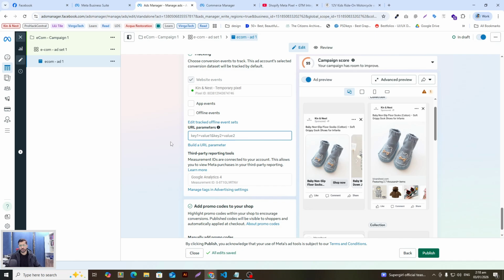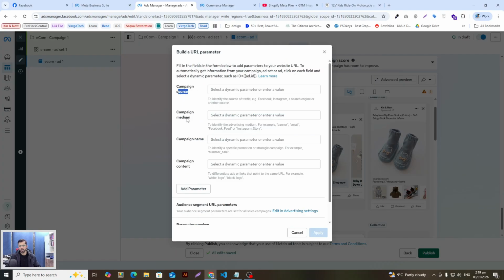Now for tracking parameters, it's not really essential, you can just leave it. But if you're curious as to what this is, you are basically passing important information over to a tool like analytics, where you're able to tell what the source of the traffic is, right? So let's say campaign source, campaign medium, campaign name, campaign content, you can put in that information to allow either your CRM system or your analytics like Google Analytics 4 to know that, okay, this user came from this campaign source, let's say ecom